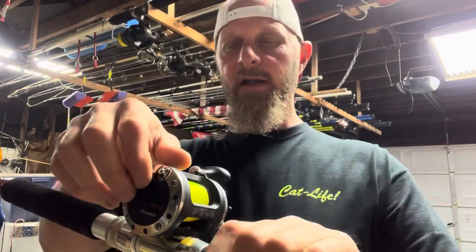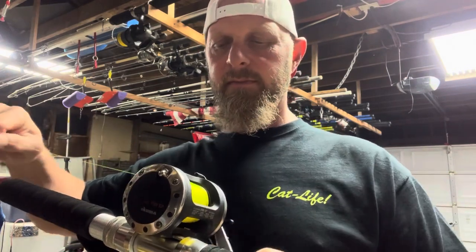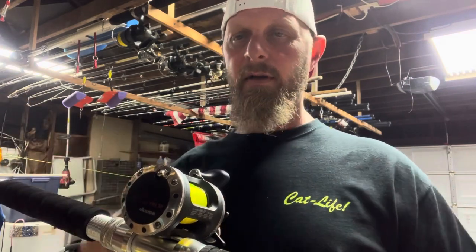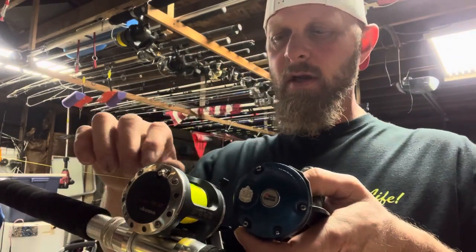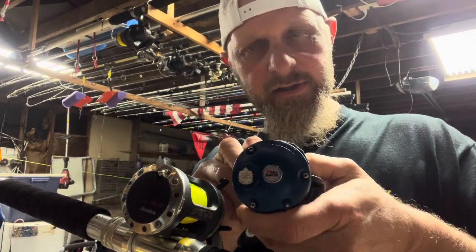Clickers, if you like to run clickers, they've got a good clicker on them. I can't complain about the clicker at all. That's a real good clicker. I'm going to give you another example up against the Abu C4. I'm going to do it kind of equally. I'm going to have to roll it by thumb because I don't have any line on there to pull out. But if you listen real closely,